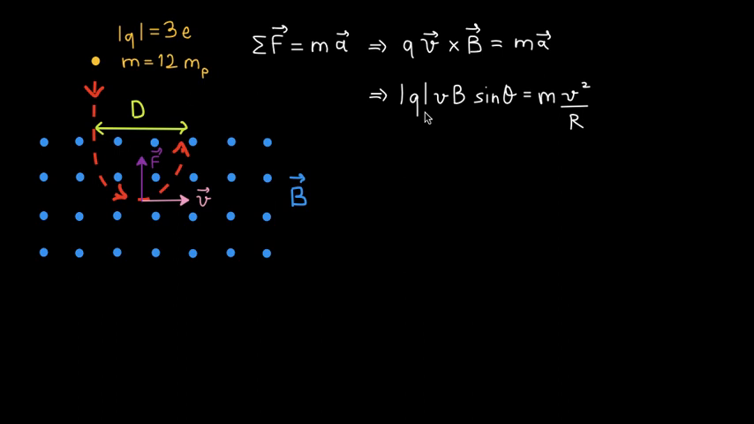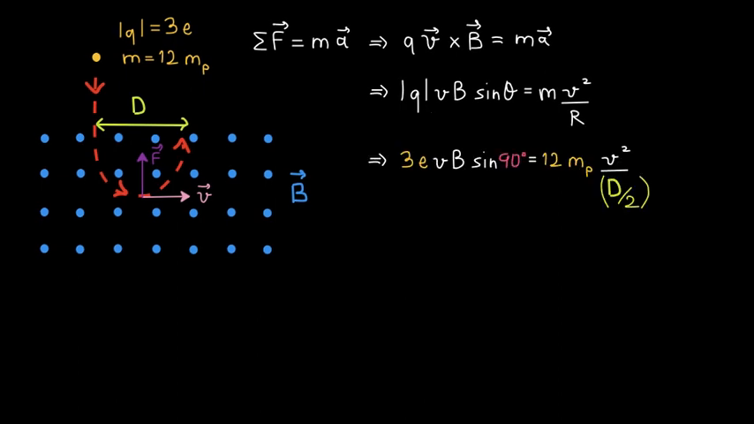That's the velocity, or the speed actually, of the particle. Here I have substituted the values. The particle's charge is 3 times the elementary charge. The angle between the velocity and the magnetic field vectors is 90 degrees, so theta is 90. And the particle's mass is equal to 12 times the proton's mass. Finally, r is not given in this problem, but d, the diameter, is given, so I put d over 2